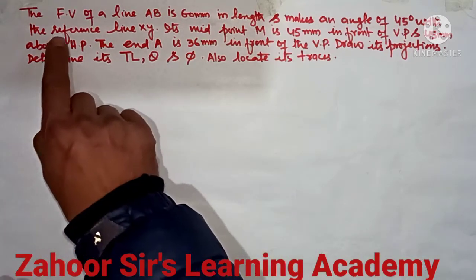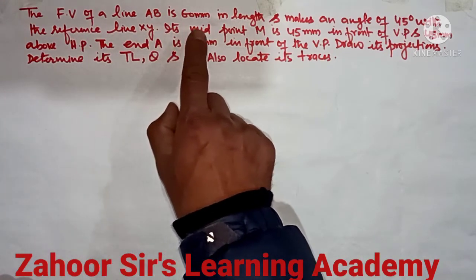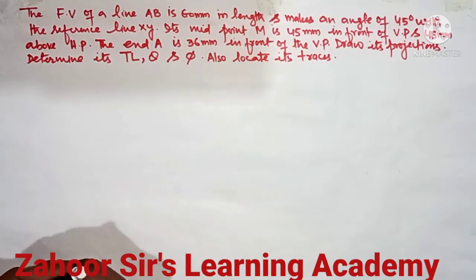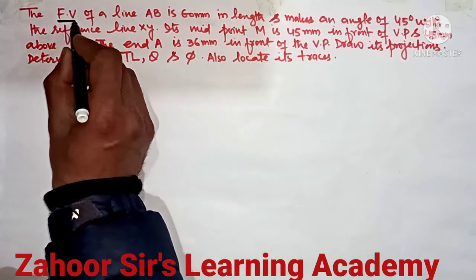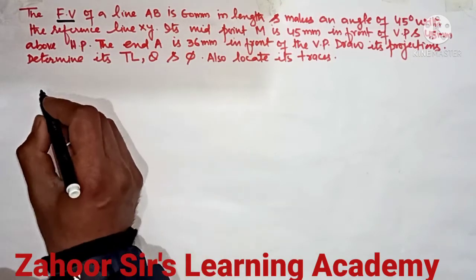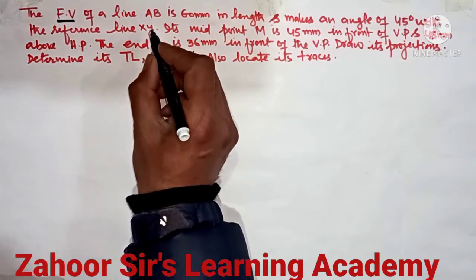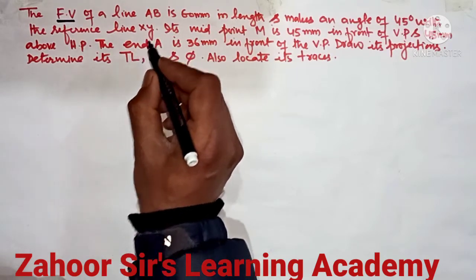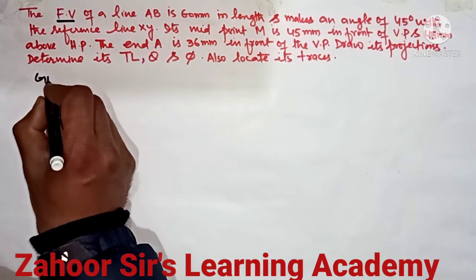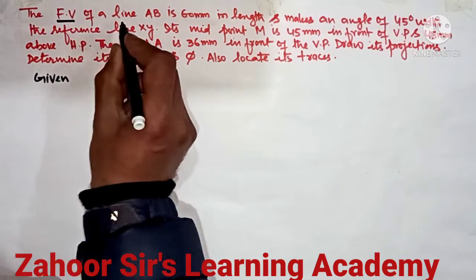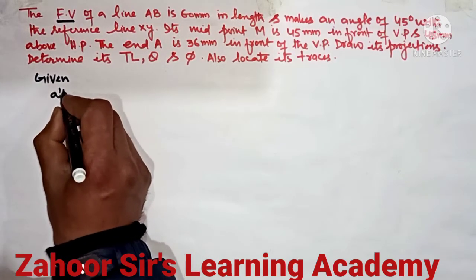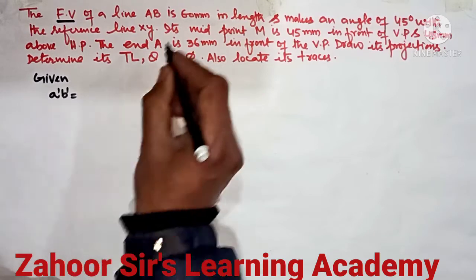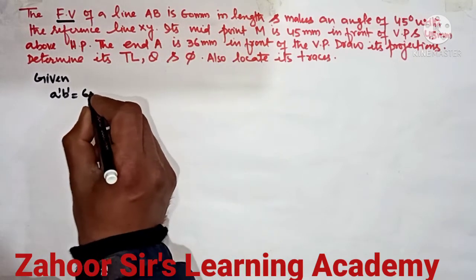So the question is, the front view of a line AB is 60 mm in length. So the length of the line, that line is the front view. You know, in case of front view, we write A prime and B prime in small letters. So the front view, that is A prime B prime, is given. That length is 60 mm